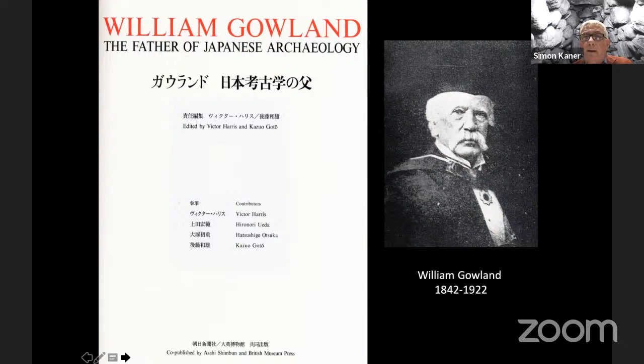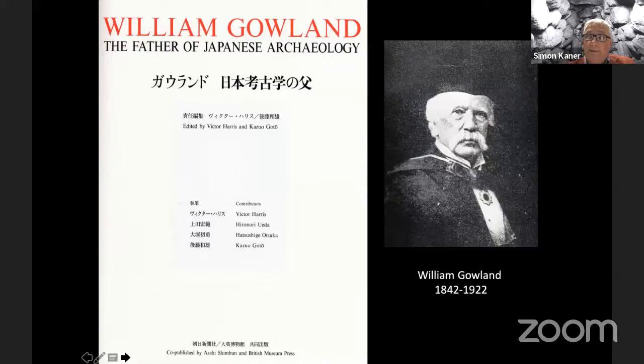It was only after he had taken up a post in Japan, working for the newly installed mint, minting coinage in Osaka, that his archaeological interests flourished. And they flourished because of his interest in surveying and his interest in the development of metallurgical technologies.